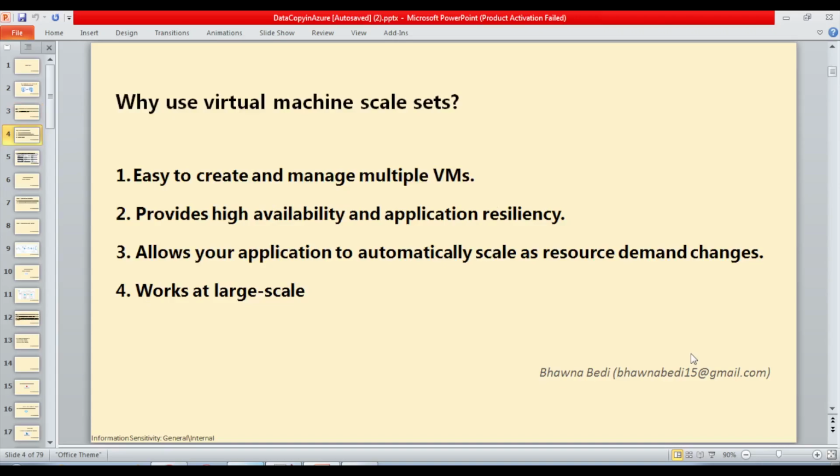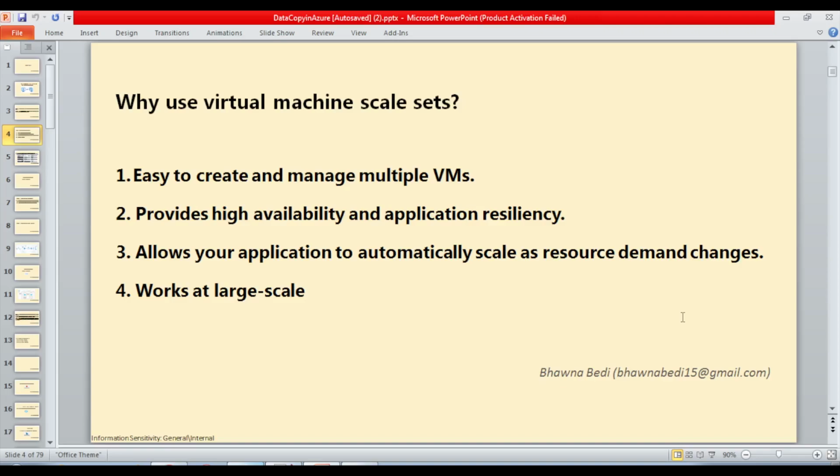So coming to why we should use these Azure virtual machine scale sets. The very first thing is, as I already explained, instead of creating 10 different virtual machines, you are only creating one template, and that template itself goes and creates those 10 virtual machines. So it is very easy. And let's say you have an update, you want to change anything. In a similar way, you just need to update your scale set, and it will automatically roll out those updates to all the virtual machines associated with it.